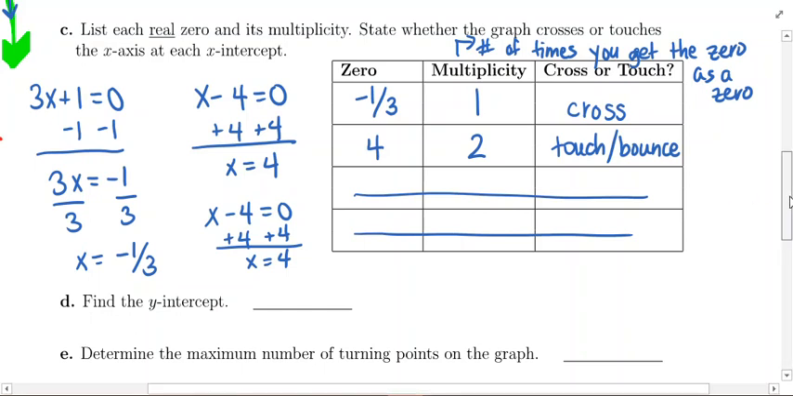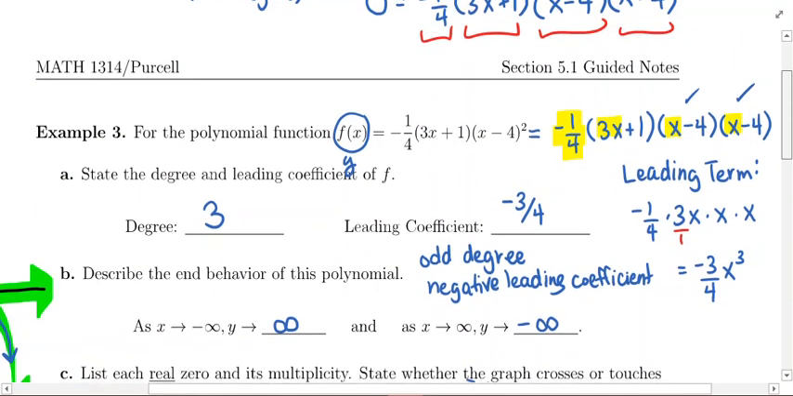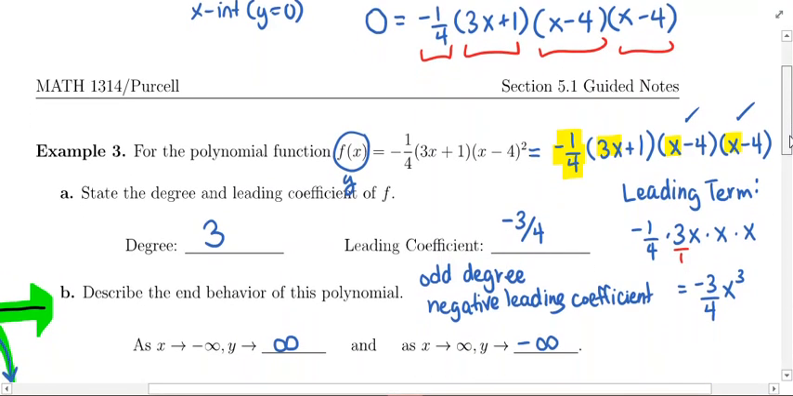Okay, we've done the x-intercepts. Now we're going to do the y-intercept to get an extra point. Remember, to find a y-intercept, you need to set x equal to 0 and solve for y. So I'm going to go up to the original function here, and I'm going to set x equal to